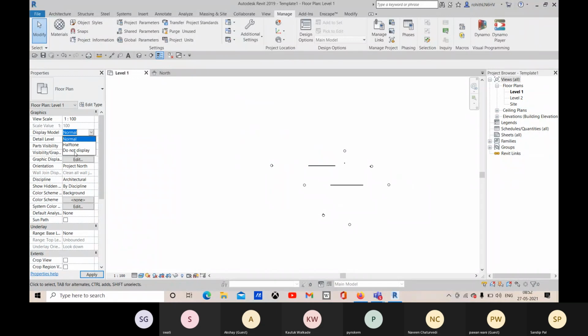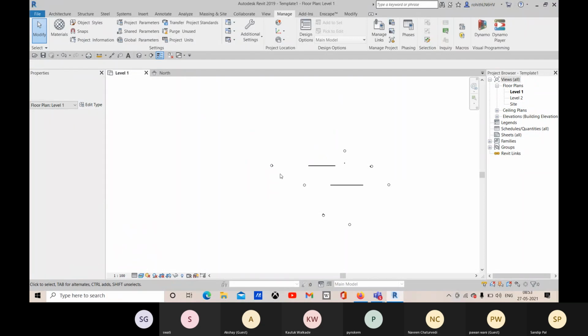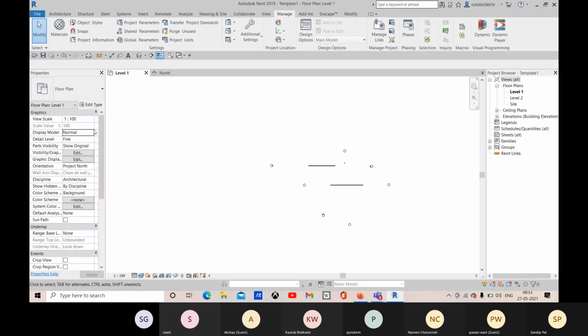So you can have this half tone, but here we are not making those half tone, right? So I will describe what these half tone options are. For that we have this underlay option. So there we will apply half tone, and we will know later.